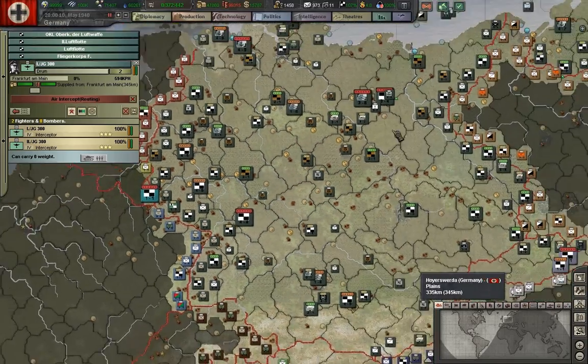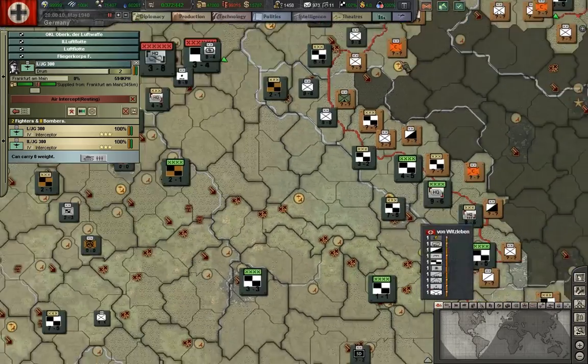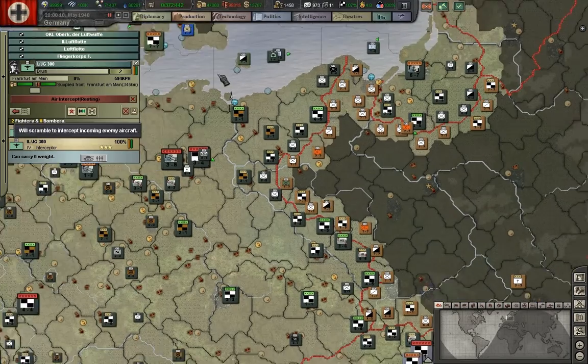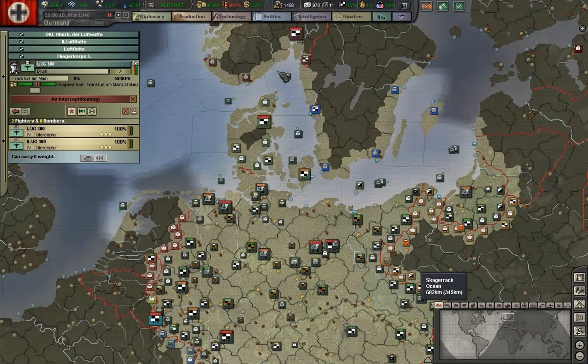Okay, that should mostly deal with the western front in the air. So we've got the air set up to intercept. We've got naval strike air going on. We've got patrols going on up here. We've got